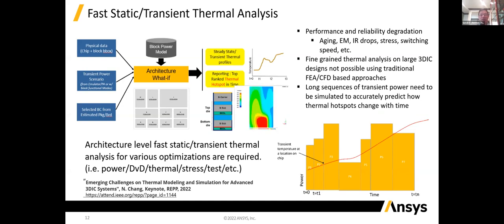That's why on the bottom right, you will see the transient power profile that will induce the transient temperature at different locations at different times. And this has an impact to the aging, to the EM, IR drop, and also has an impact to the testing, especially important for the 3D IC design, including the vertically stacked dies. And we can get a lot of information coming from the emulation in terms of the change in power profile for different blocks in the 3D IC.